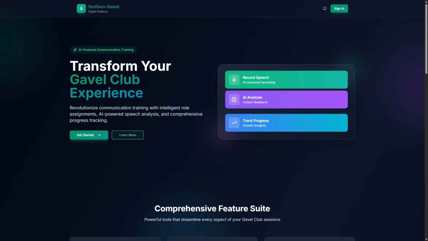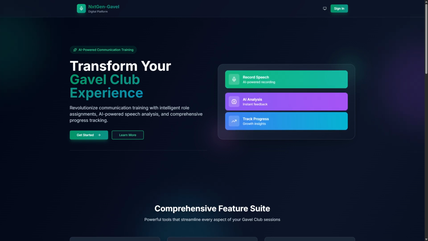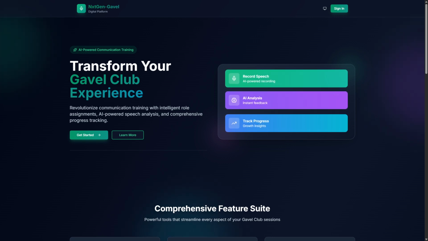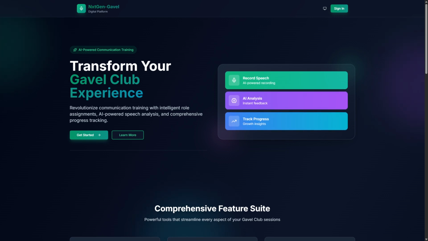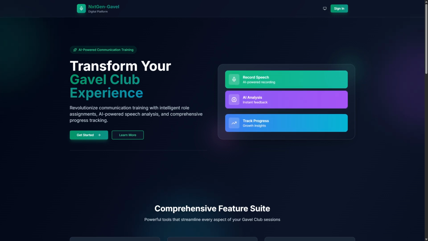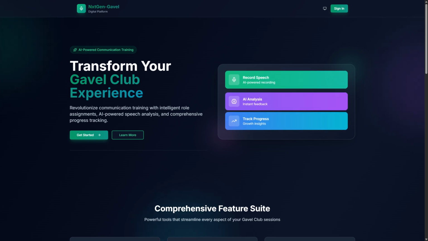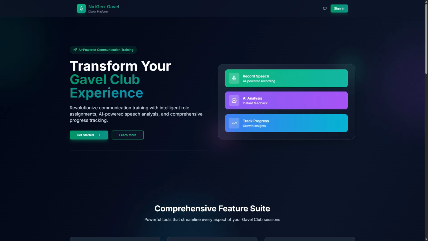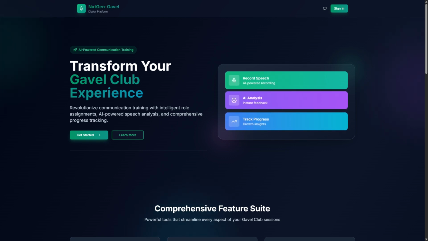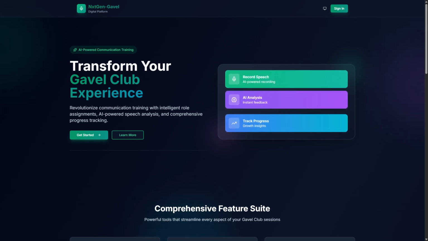Instead of handling everything manually like role assignment, speech tracking, attendance and evaluation, this platform brings everything into a structured centralized system. The application supports three types of users: admin, group leaders, and members. Each role has its own responsibilities and access, allowing the session to be managed efficiently from scheduling all the way